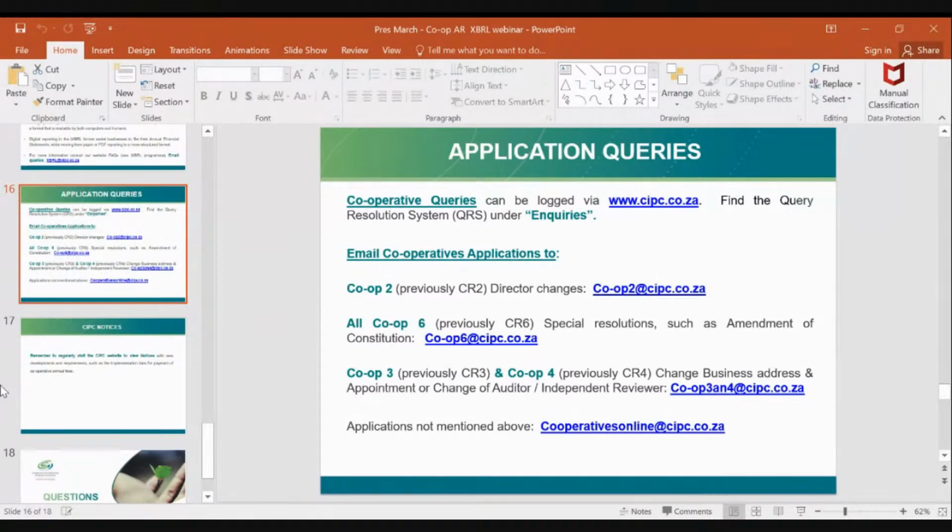Cooperative 2 forms, the old CR2 forms for directors' changes, should be sent to cooperatives2@cipc.co.za. All Co-op 6 forms, previously known as CR6 forms, for special resolutions, which are matters such as amendments to constitutions or conversions of co-ops, must be sent to